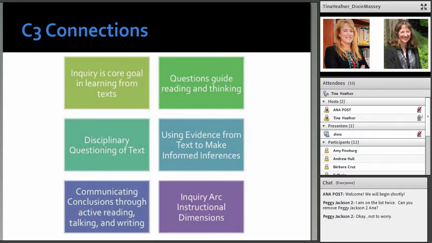But we're also going to take that a little bit further, where I indicated that there are some differences in how C3 literacies expand and build upon the Common Core foundational literacies to look at more disciplinary ways in which we engage with text. Disciplinary questioning of text. We're going to also model for you how we use inquiry as a way to engage students to want to choose to enter into text when they're reading. We'll also model for you questions that guide our thinking, disciplinary specific types of questions, and the ways we use evidence from text to make informed inferences,